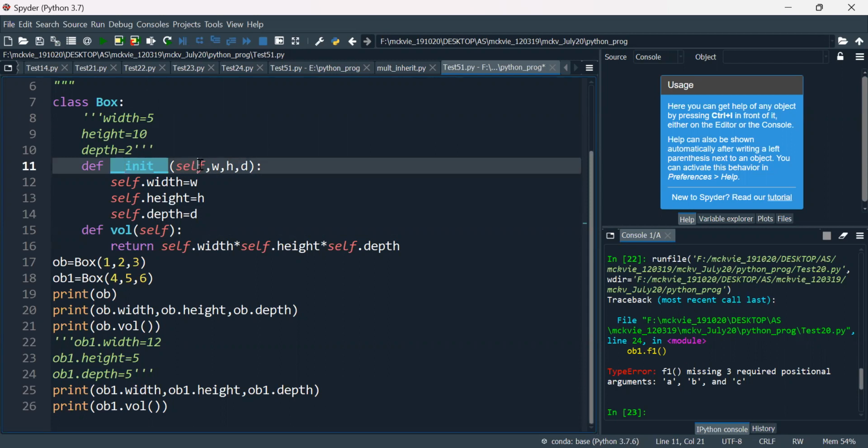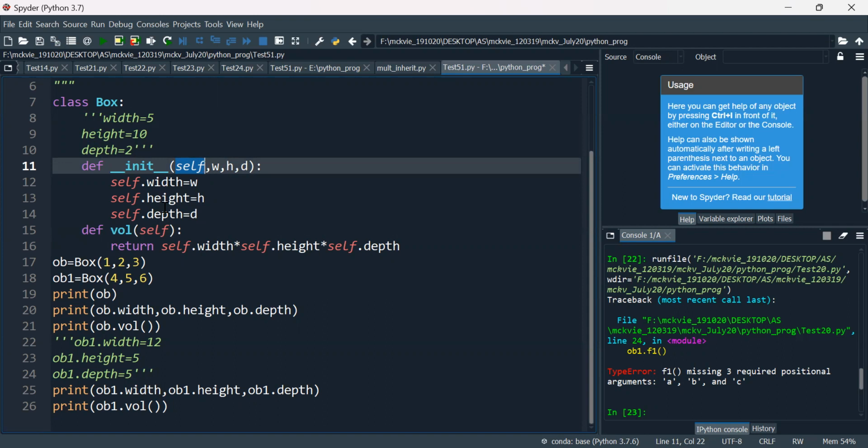And these are the parameters. By default, the first parameter is self, and it's a parameterized constructor. The constructor may be parameterized, or may not be parameterized also. Here, I consider a constructor which is parameterized. I commented out line numbers 8, 9, and 10. Those are the declarations of the member variables, because Python has no declaration syntax. So I omitted that, and this entire thing I shifted into the